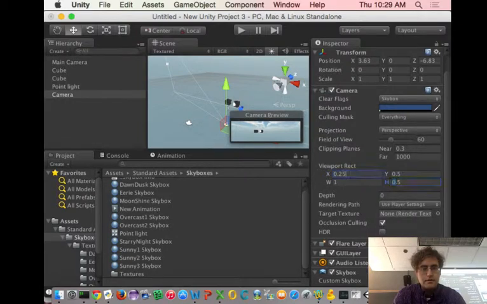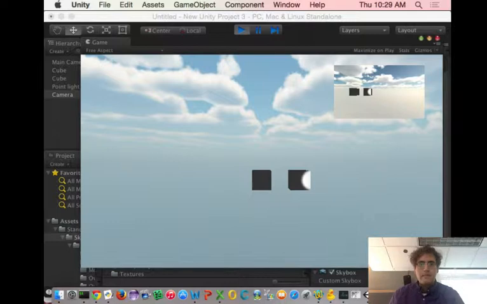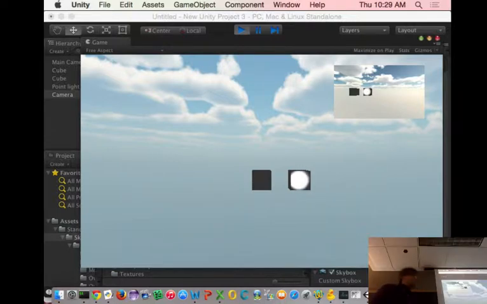0.25, no, 0.7, 7. Let's try that out. There we go. Picture-in-picture kind of camera angles. So camera. But there's another one here